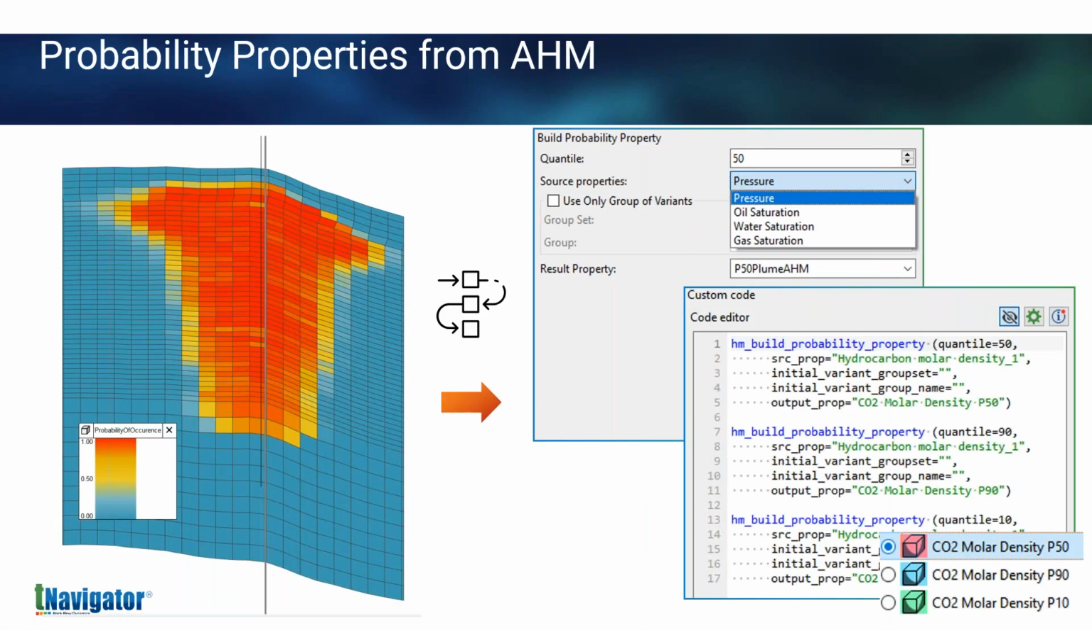So how do we do this? It's quite easy. We actually have a workflow item for this, which looks like this. You just specify the quantile that we want to output and the source property that you have actually previously requested